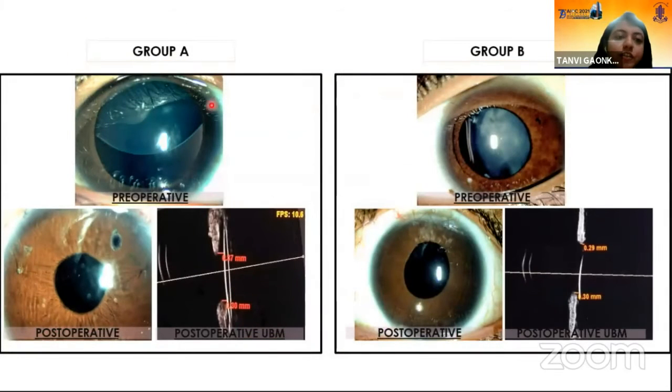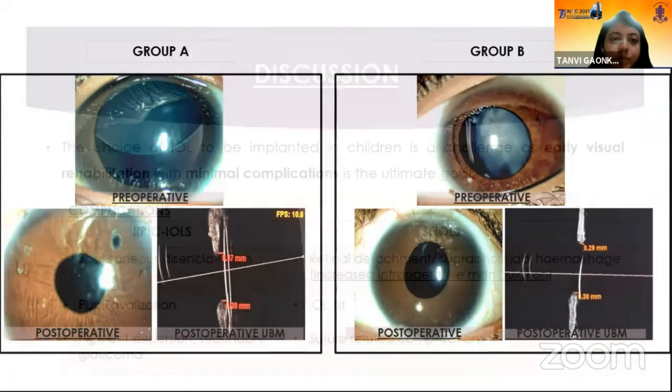So this is a patient of clear lens subluxation who underwent a retropupillary iris claw IOL implantation. As we can see, these are the enclavation sites, and the IOL appears to be centered. This is a patient of a lens subluxation with a cataractous lens who underwent an SFIOL implantation. As we can see, the lens is stable and centered.